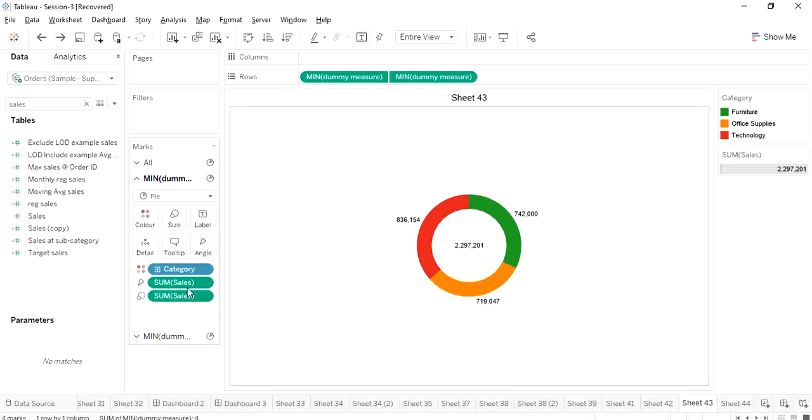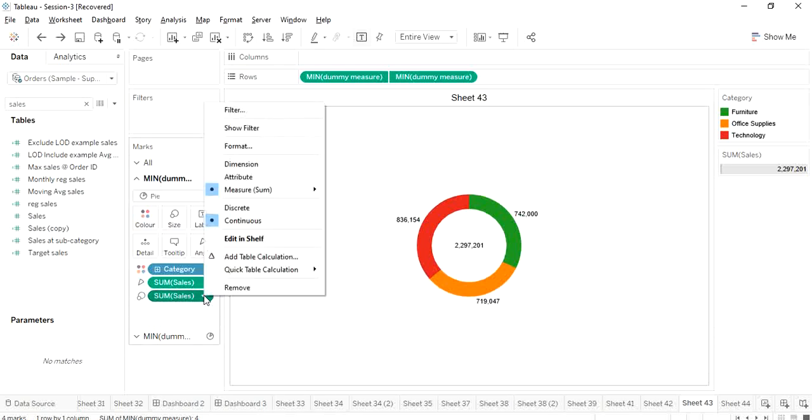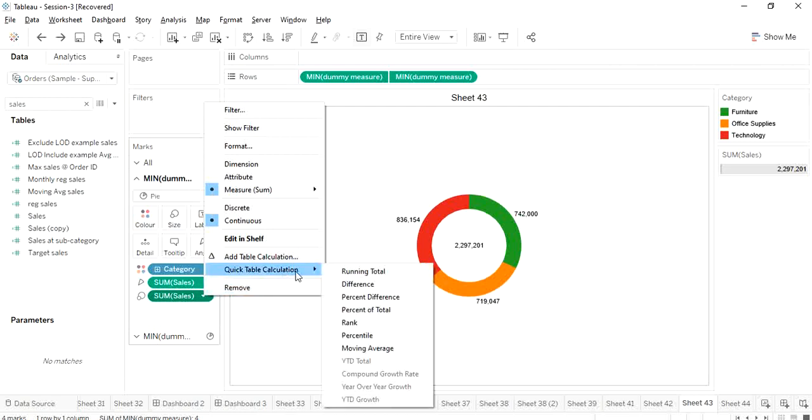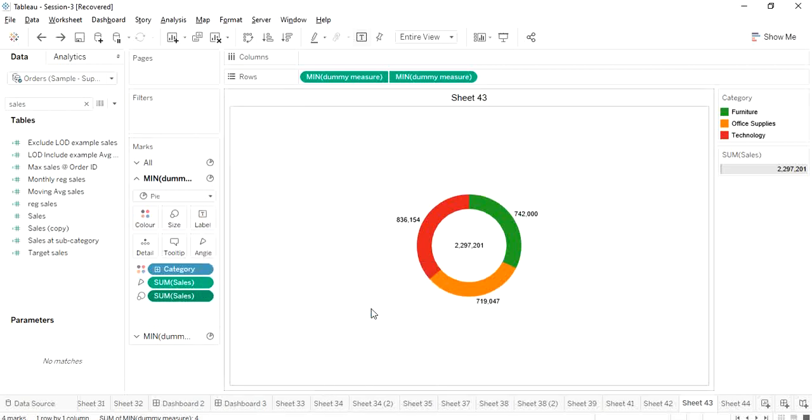But when you want to format the numbers, how can you do that? Maybe when you want to turn it to percentage instead of numbers, click percentage of total, quick table calculations, percentage of total. This is all part of table calculations, and like I said in the previous session, we'll cover everything in much more detail when I talk about calculations. But for now, just for the overview, when you click percentage of total,